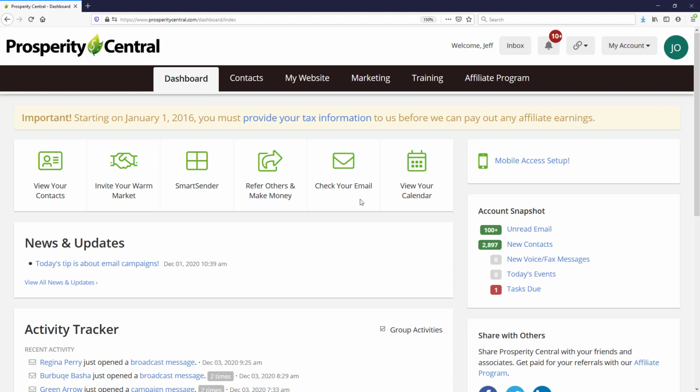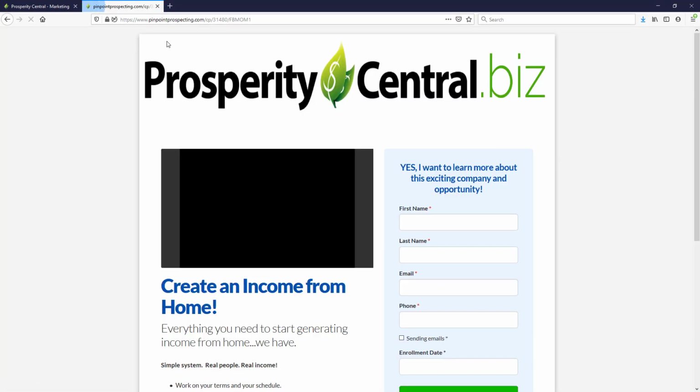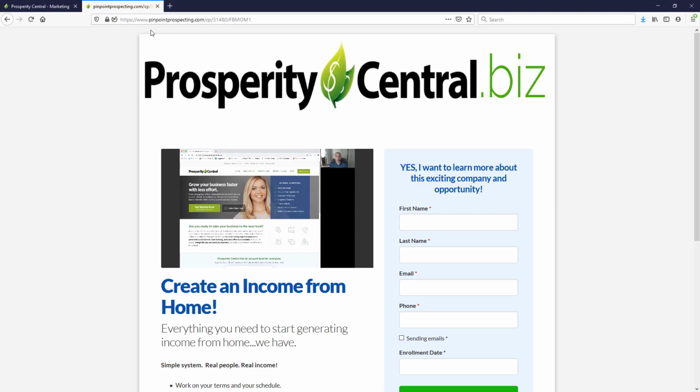However, to catch up to speed, we talked about, under the marketing tab, the ability to create specific ad links, specific links for specific advertisements, so you can track the prospects that come through your different advertisements. You can identify which advertisement is working and which ones are not, so you can make adjustments and fine-tune and refine your prospecting and advertising processes. And in that training, we created a link that we were going to use on our fictitious ad on Facebook for stay-at-home moms. It was a link like this, right? And this is the link, pinpointprospecting.com, CP31480,